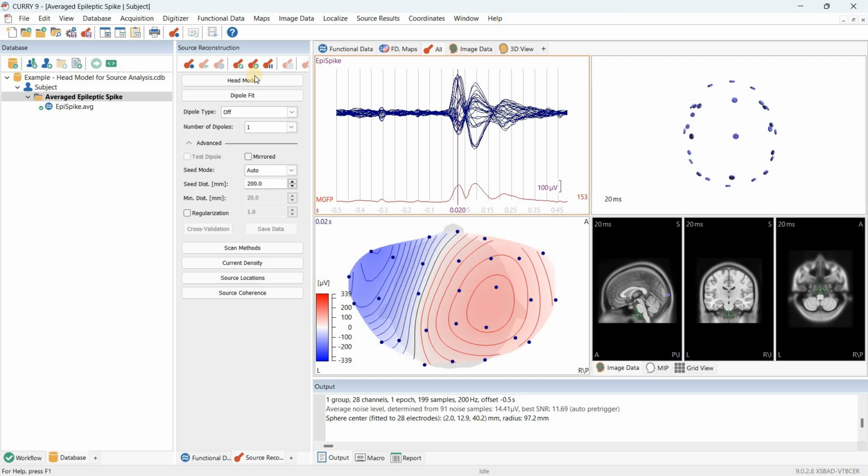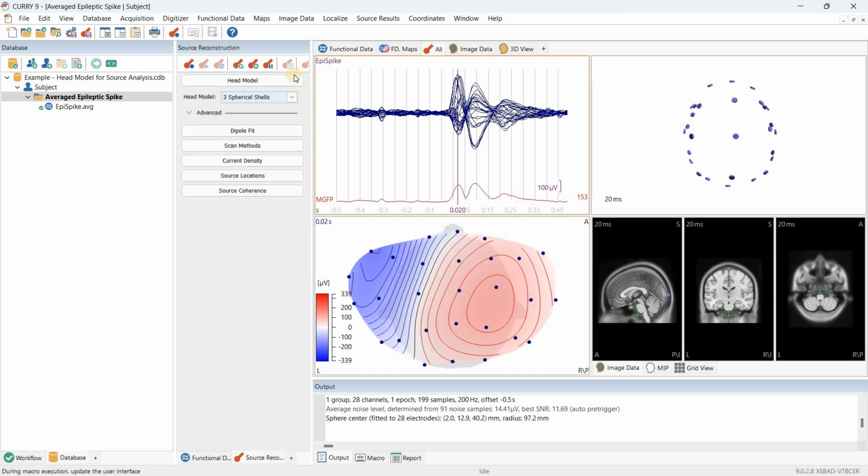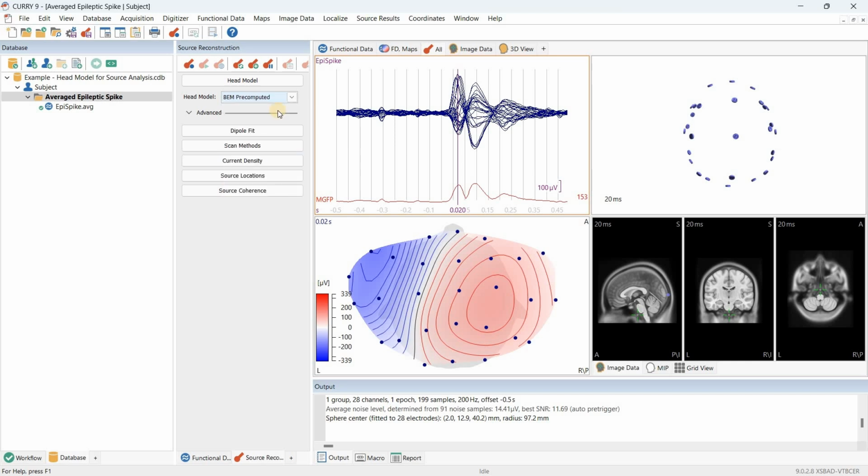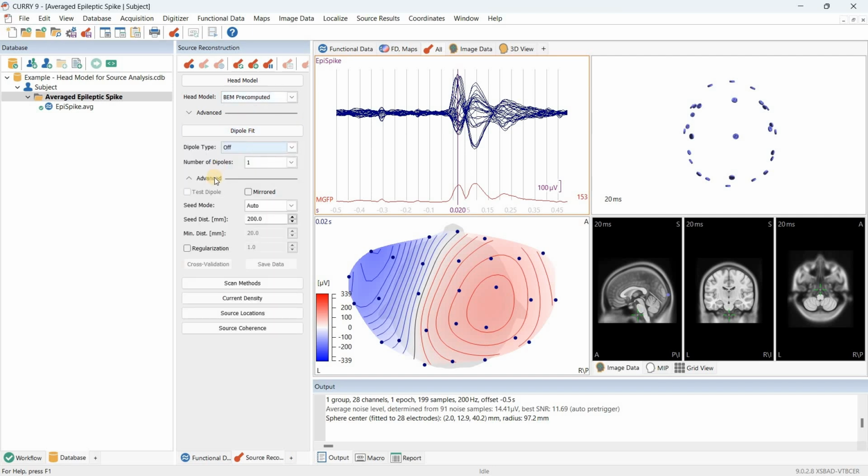We can go to the source reconstruction tab in the parameter pane and choose a head model. So we have several choices. We can choose one of the spherical models. There's the infinite homogeneous, or we can also choose the BEM precomputed, which is a realistic head model. And while it is better than the spherical models, it will not exactly match the geometry of the head of our subject. But I will use it for now and then compute a dipole fit,